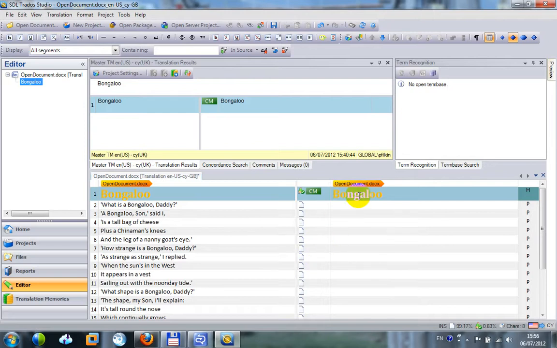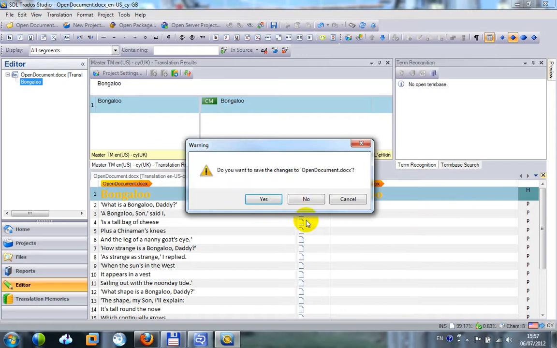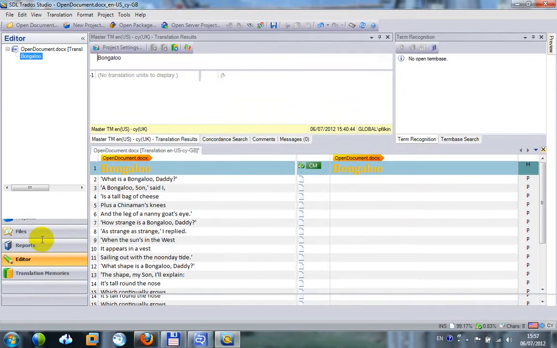And I'm already getting a hit from my translation memory. This is my translation results window here. I'm not using a term base, so it's telling me there's nothing open, but I could add one of those as well. So what I'm going to do first, before I do anything else, is show you how I set those languages. So if I just close this for a second, don't save the changes,